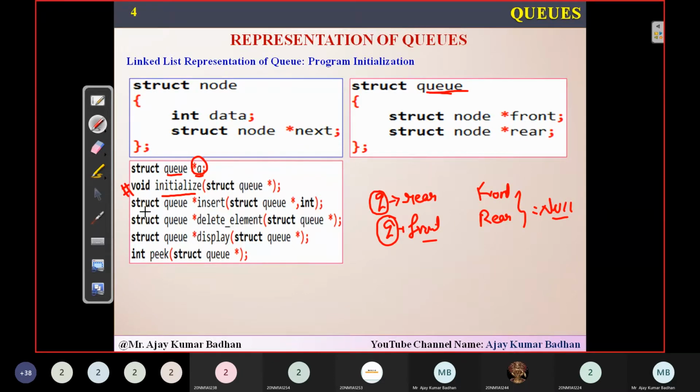Then we have something called a struct q star. Now what is the operations I need to perform here? Insertion, deletion, display, and finally peek. And since insertion, deletion, and display, these are the functions which need to be done with respect to linked list, so definitely I need to call structure, and where I'm going to perform, as I told you, that entire linked list I'm representing using this particular queue, and this structure I'm using only to create a node. That's it. Remaining operations I'm doing it using this particular.